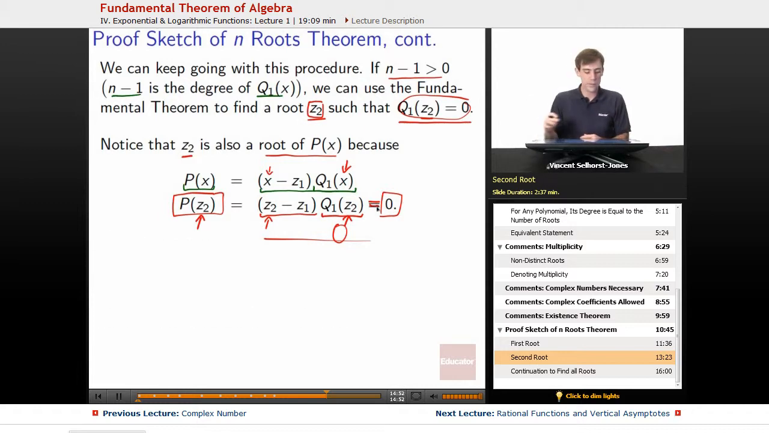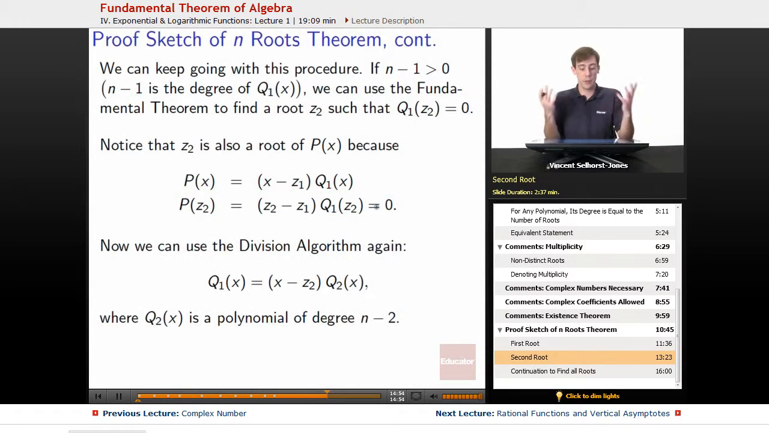Pretty cool. Now, we can just use the division algorithm again. We know that q1 of z2 equals 0, so it must be the case that x minus z2 is a factor of q1 of x, right? Since it's able to be pulled out, we can pull out a factor x minus z2 from q1, which gives us, once again, another quotient, our second quotient, so we'll call it q2 of x, and q2 will be